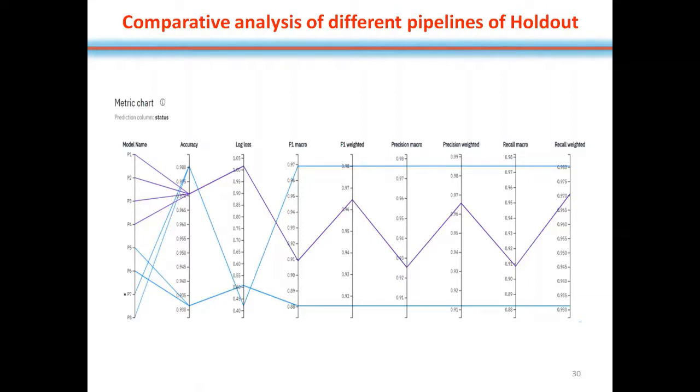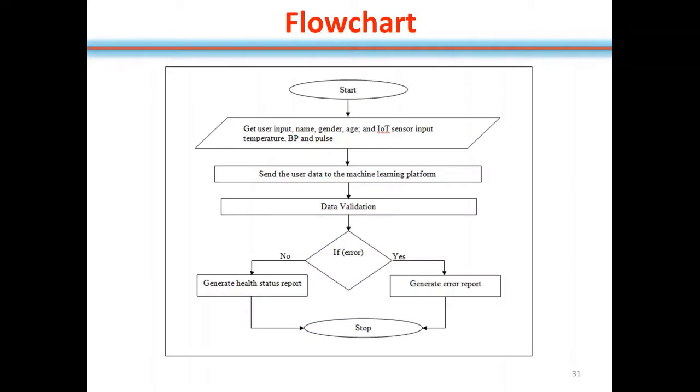The flowchart is represented as follows: first, the user has to input his name, gender and age statically by using the form. The sensors will capture the temperature, blood pressure and pulse. Then the data will be sent to the machine learning platform. After data validation, if any error is found, the system will generate an error report. Similarly, if there is no error, it will generate the health status report, which will be sent back to the user